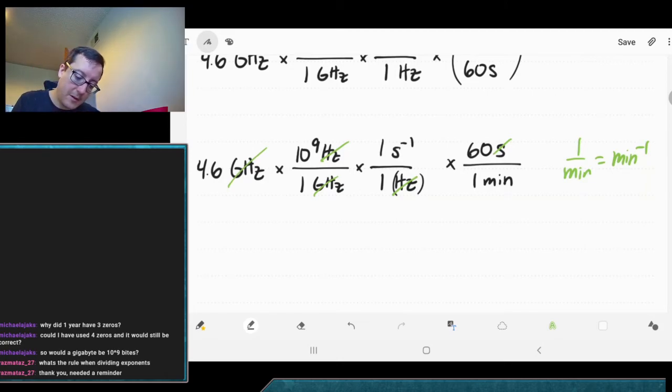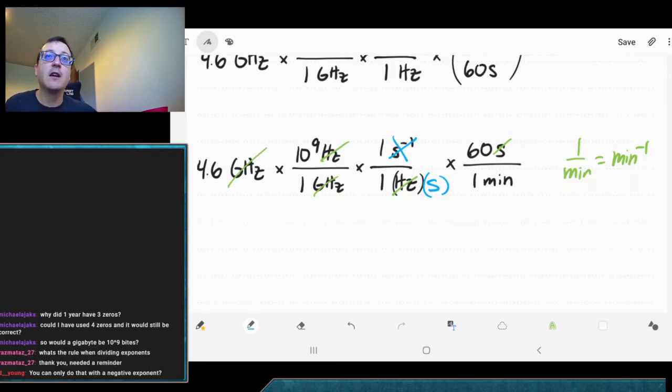I said, okay, well, that's a little bit hard to use. So I got rid of it by moving it to the denominator, right? Inverse of a unit is the same thing as 1 over the unit. So I just moved it to the denominator. And then it made the rest of it not so bad, because now that I have seconds in the denominator,